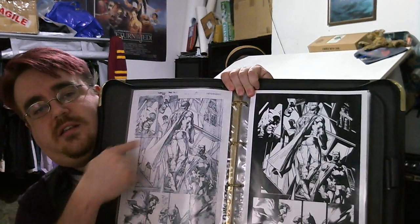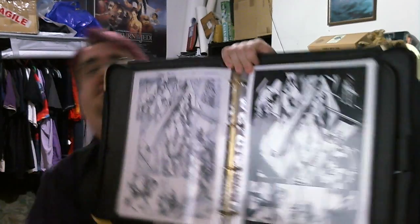If you're an inker, again, 5 or 6 pages. Show us the original pencils and the inks side by side. I can show you my inking portfolio here, back when I used to tout around my inks, and you can see how it's laid out with the pencils and the inks side by side. And there are 5 or 6 pages in here of your very best work. And when I say your very best work,